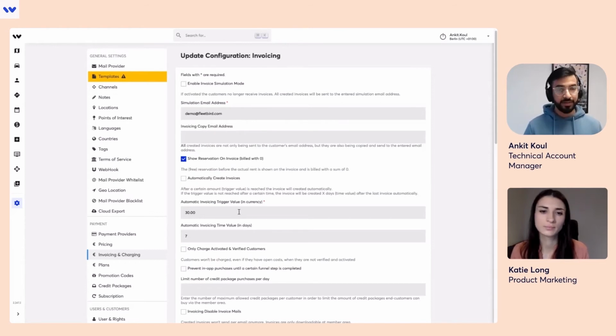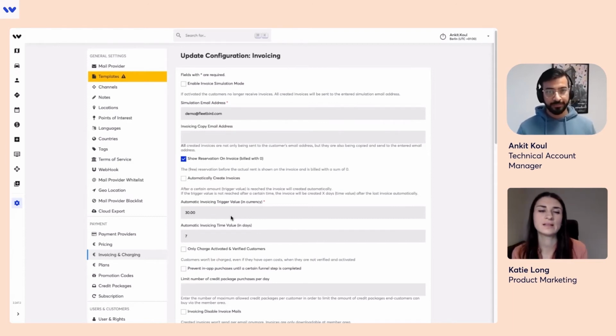Okay. And similarly, there is a time-based threshold. So there has not been an invoice up to 30 euros for X days, then still you have to invoice. So the system can differentiate: okay, 30 euros is not reached, but it has been 7 days, for example, in this case I have to invoice all the trips which have been taken in the last 7 days.